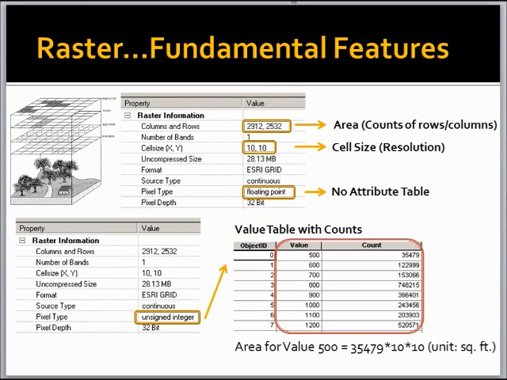Unlike the vector layer, where each feature is associated with one record in the attribute table, the raster layer doesn't have an attribute table for each cell. Without an attribute table, there is no place to record x, y coordinates for each cell, so the layer records the coordinates of the top left corner, just one coordinate only, and uses the numbers of rows and columns to represent its area. Also, the properties record the resolution of the layer by cell size. For example, here we have 10 by 10 units per cell. The units need to be checked on the projection, so it's probably 10 by 10 meters or 10 by 10